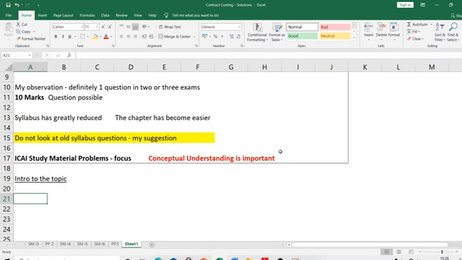So that's what I mean when I say fitting a certain topic into the big scheme of things, or the larger scheme of things, or the big picture. So that's exactly what we're going to do now. In the big picture of costing, how is this contract costing topic going to fit inside?